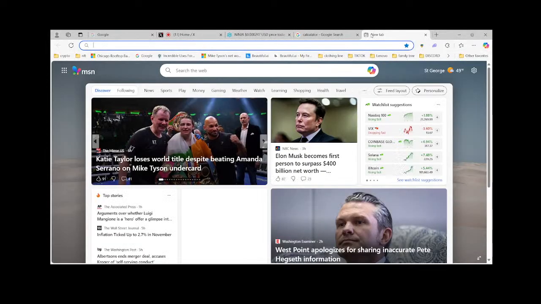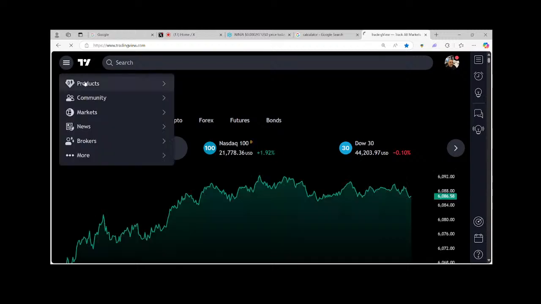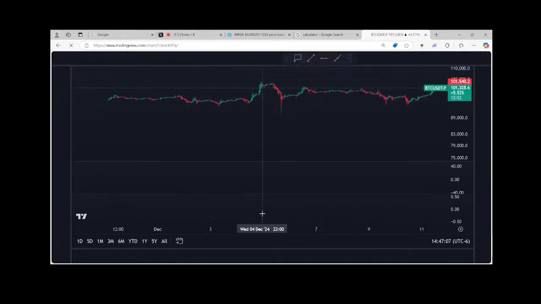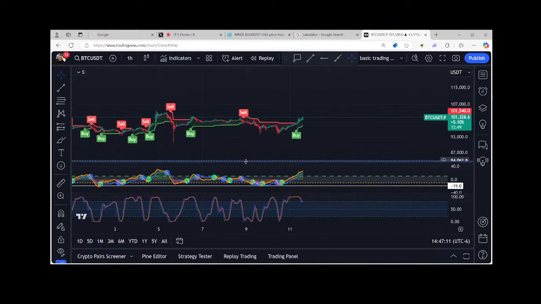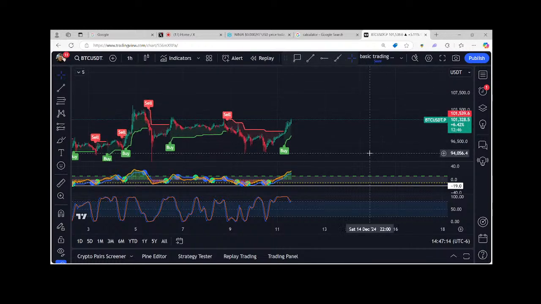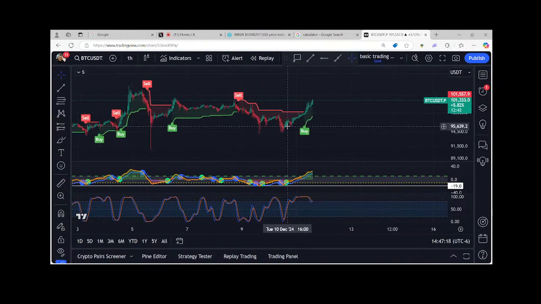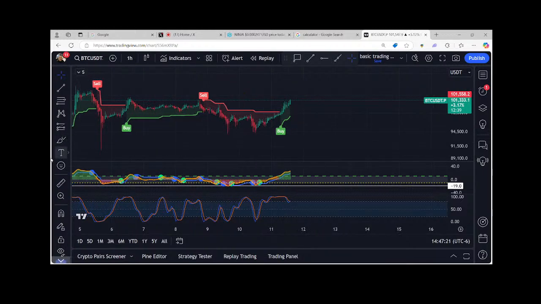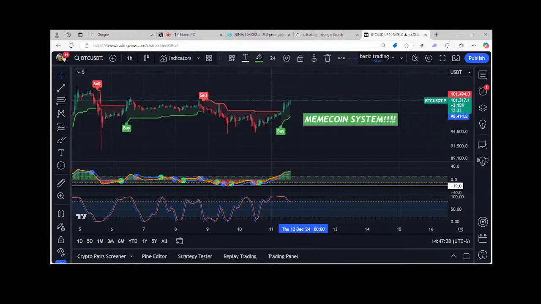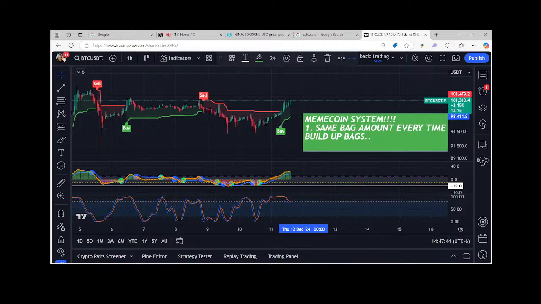And what we mean by bags is your same trading amount, right? So if you're investing in meme coins, you want to build up your trading bags, and you want to get yourself to where you're, what a beautiful buy signal here, into a situation where you're taking the same amounts. So what I mean by that is, let's say meme coin system, it's a very simple thing. So number one to a meme coin system is the same bag amount every time. You're going to build up your bags. So let's say you have